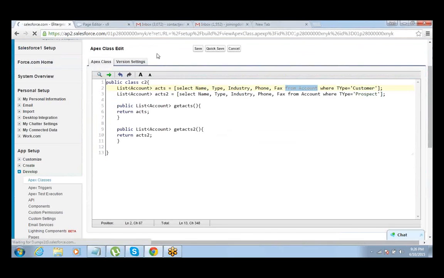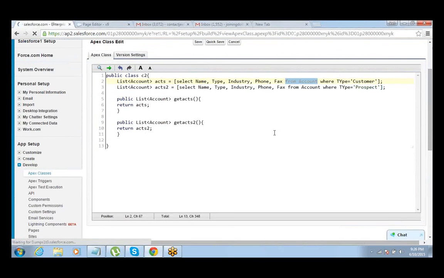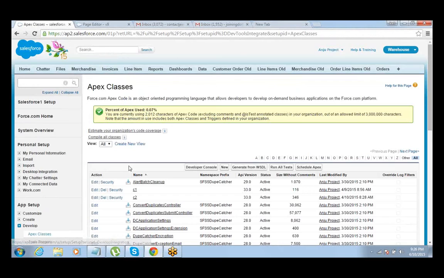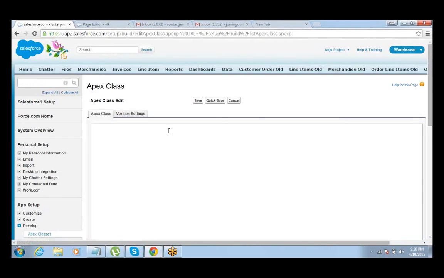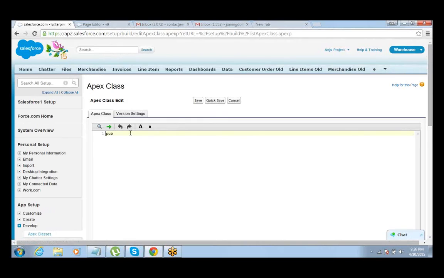I will first of all go ahead and create a class. Call it public class C3. This time it's going to be a list of opportunities. So I should say list of opportunity. This is the object name, opportunity.